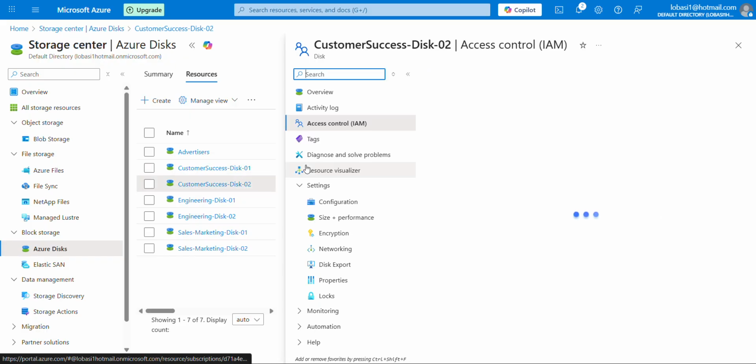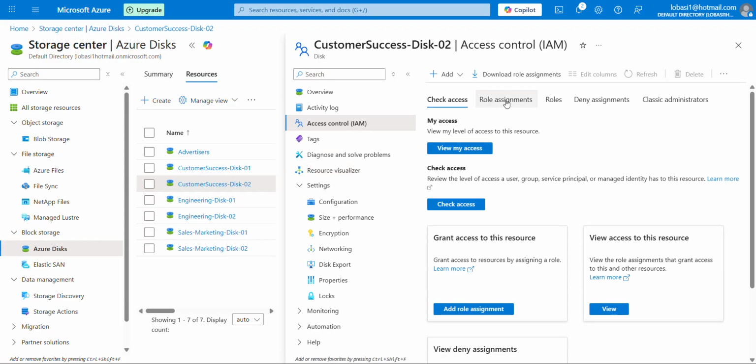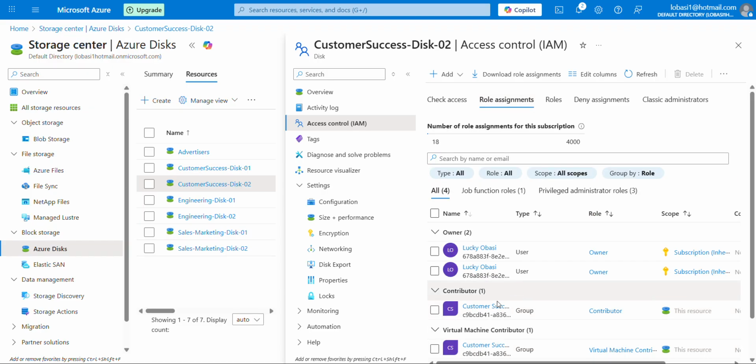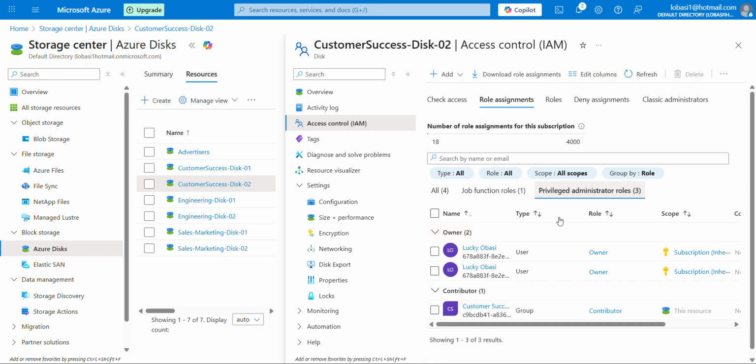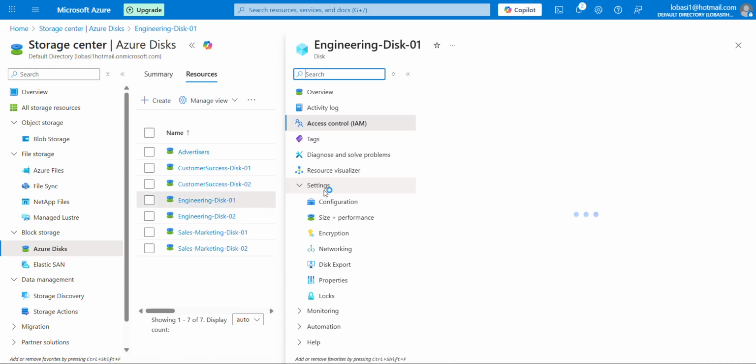Likewise, disk 2. Checking the role assignments for disk 2, the customer success group also has the contributor role to disk 2. For the engineering disk 1,